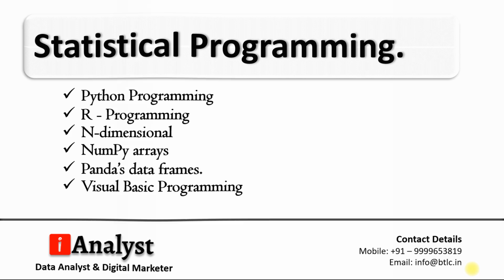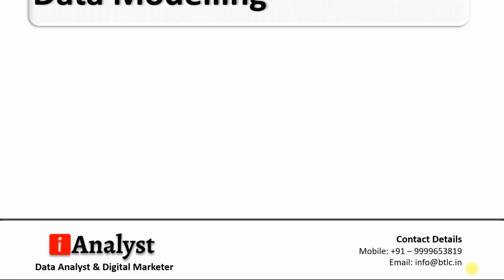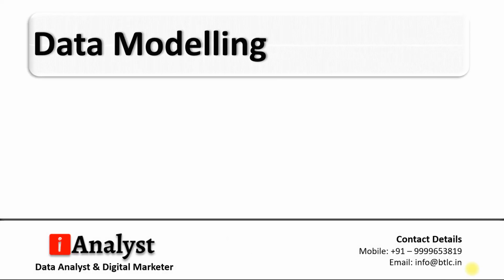6. Visual Basic programming. Data modeling. By applying specific formal techniques, data modeling creates a data model for an information system. Data modeling is the process of displaying a software system and the data elements it contains using text and symbols. Data modeling can be